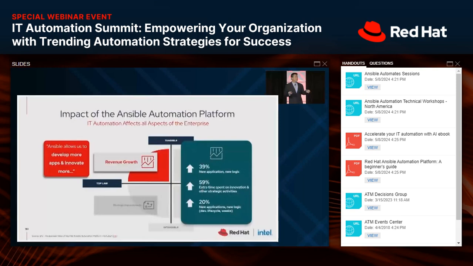So if you have an application tied to, say, $1 million a month in revenue, that's $2 million by investing in Ansible and reducing the deployment time and being faster to market. So that's the business opportunity cost of Ansible, and that's also a big part of this.